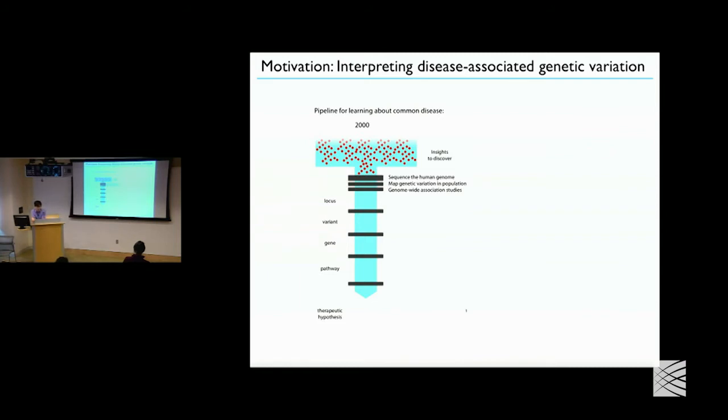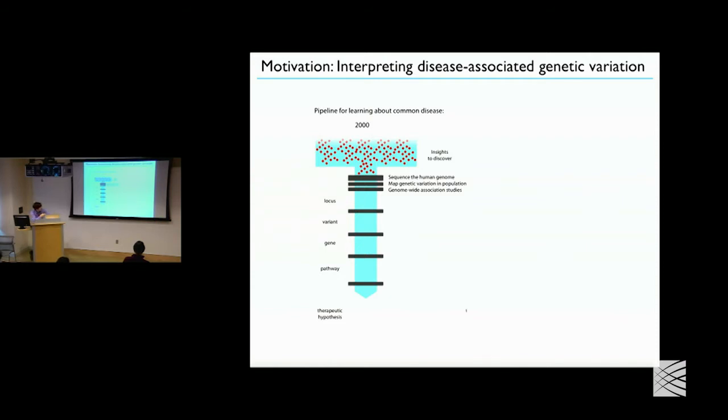And this has been particularly challenging in the case of common diseases, where it's not one particular mutation or one particular genetic variant that ends up causing the disease, as in the case of many Mendelian diseases, but it's a confluence of many different variants of small effects that together shift your overall susceptibility to disease. The picture in about 2000 was that we really didn't have any good handle on understanding the genetic basis of common disease. There were a lot of potential insights in our genomes that could be gleaned if you were able to compare the genomes of many people with disease and many healthy people.